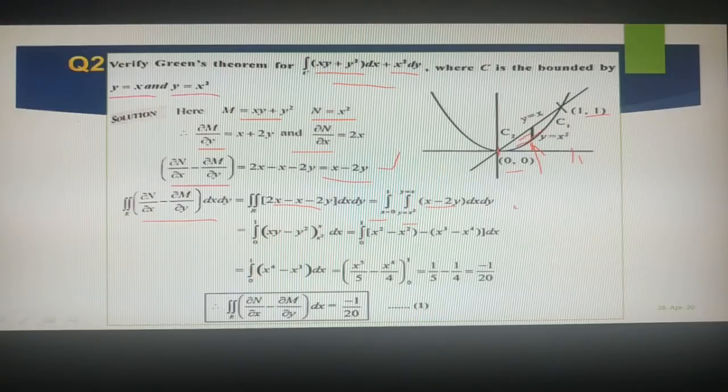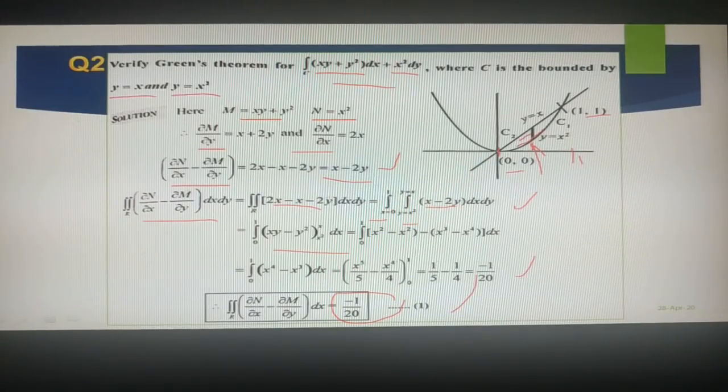So you know this procedure, please go ahead. If you have not understood, please go back and read what you learned in our previous semester. So x equal to 0 to 1, and it is very simple. First you do with respect to y, then with respect to x, and integrate it. We got this double integral value as minus 1 by 20.